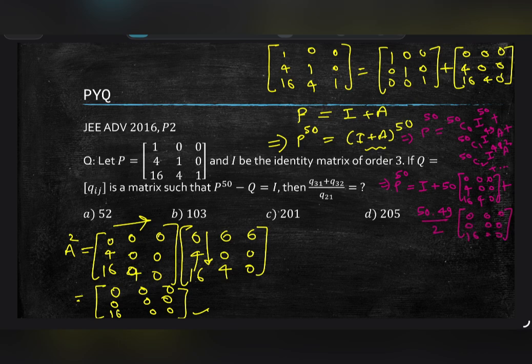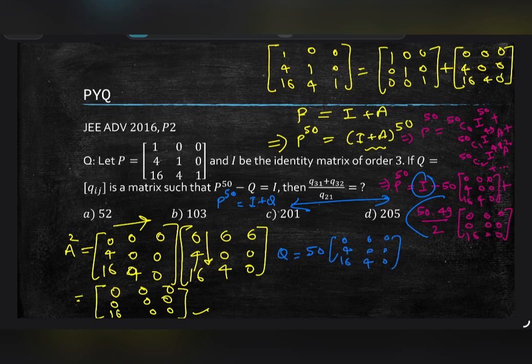We had the information that P to the power 50 is equal to I plus Q. If I compare these two equations, this is I and the remaining portion will be Q. So Q equals 50A